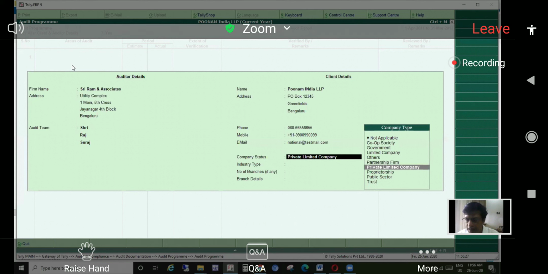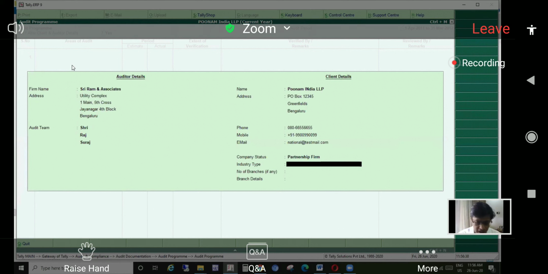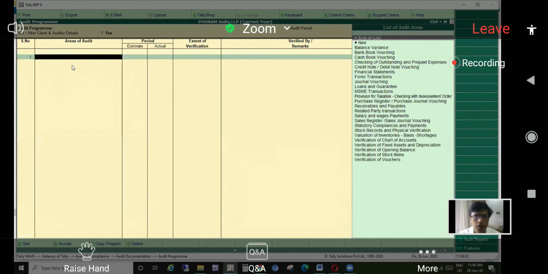Here it could be an LLP or a partnership firm, or you can say not applicable. Then the industry type, what it is related to, the number of branch details, and the address, if we wish to put it.